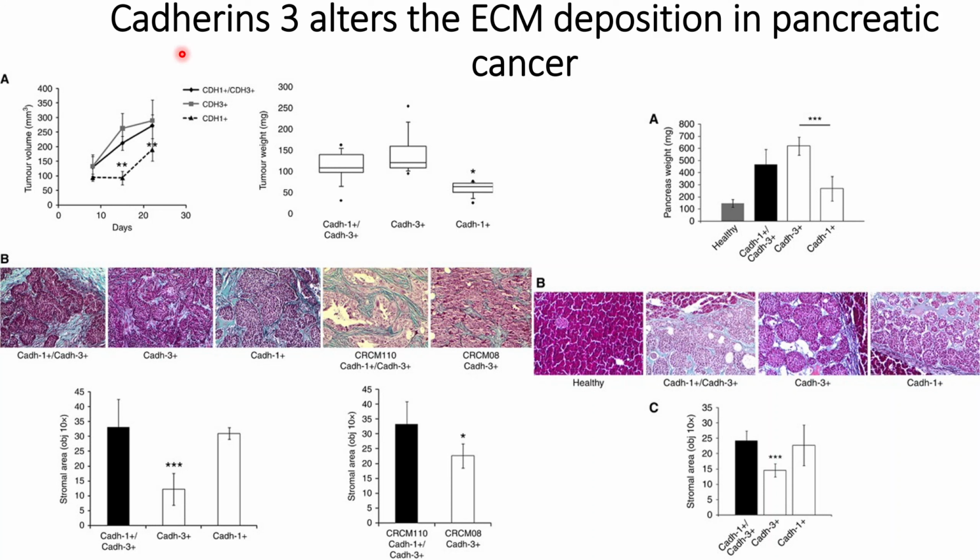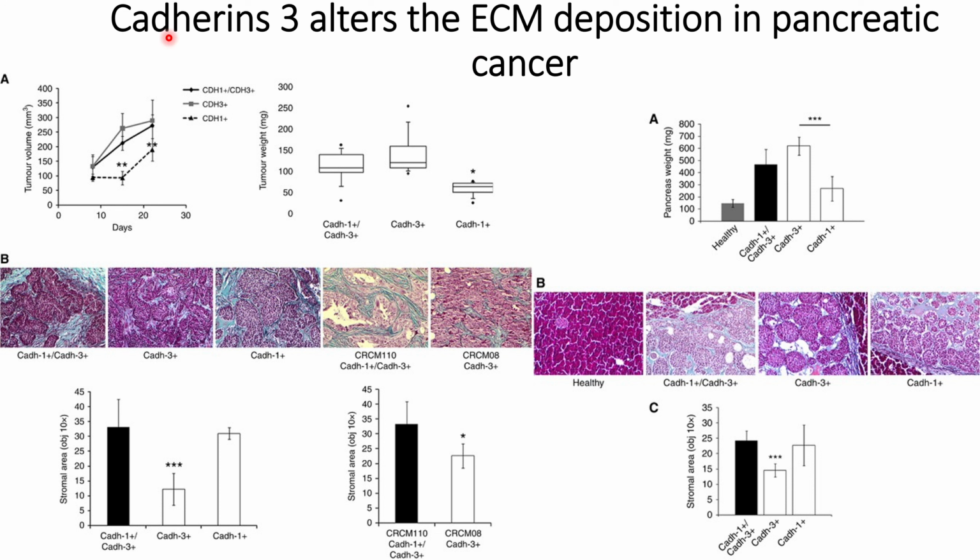In this video, we will discuss the effect of Cadherins on the ECM depositions around the pancreatic cancer cells. From the heading, it is clear that it's Cadherin-3 that alters the ECM deposition in pancreatic cancer, and the major composition of the ECM is collagen-1. That's why the researchers focus on the impact of Cadherin-1 and Cadherin-3 on collagen-1 around the pancreatic